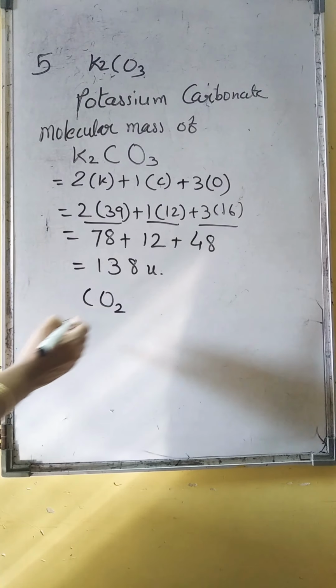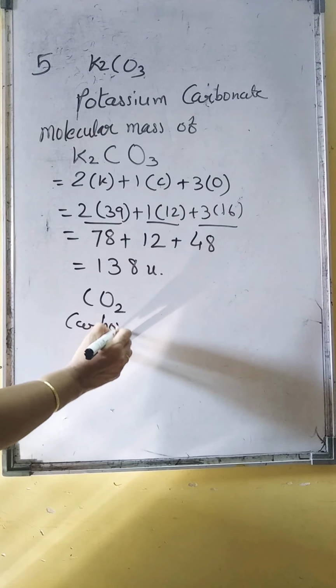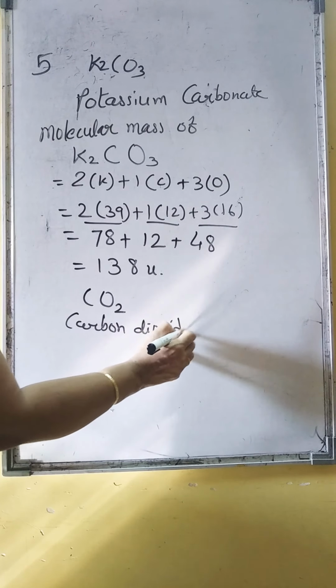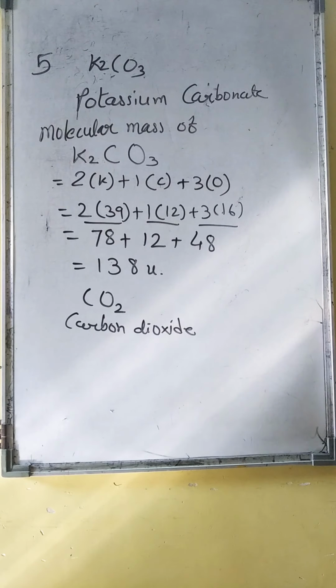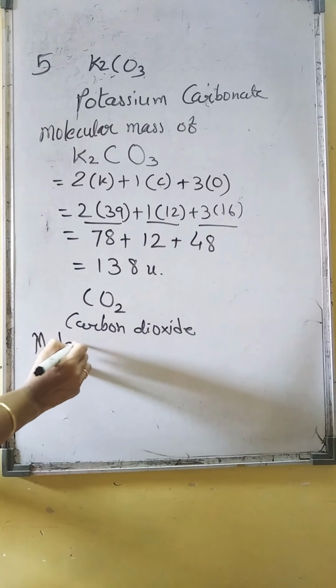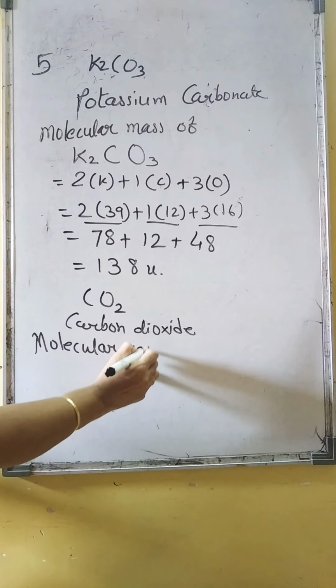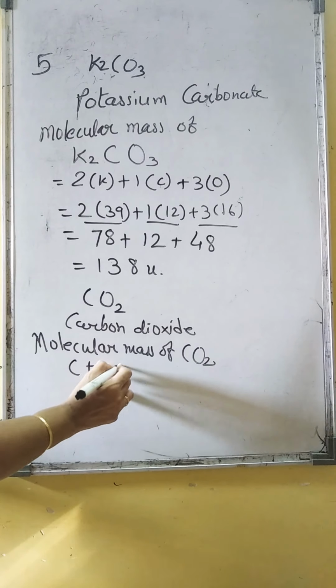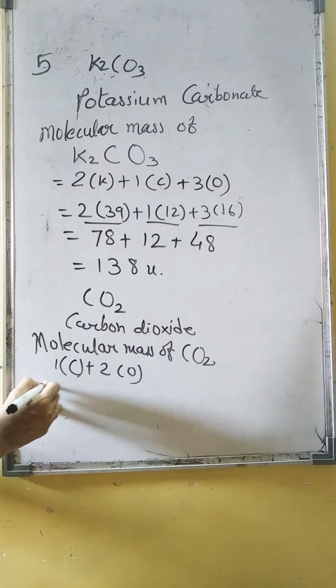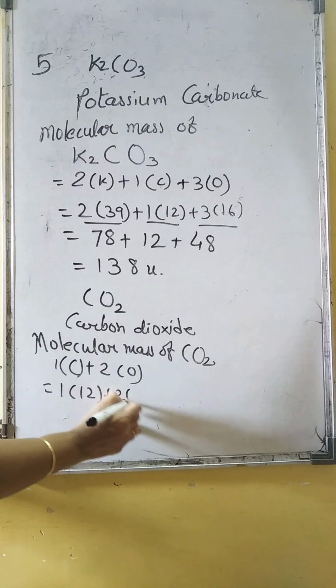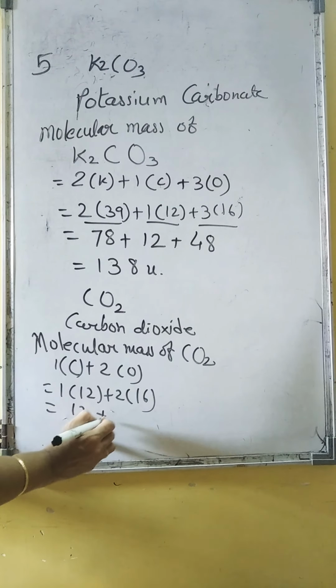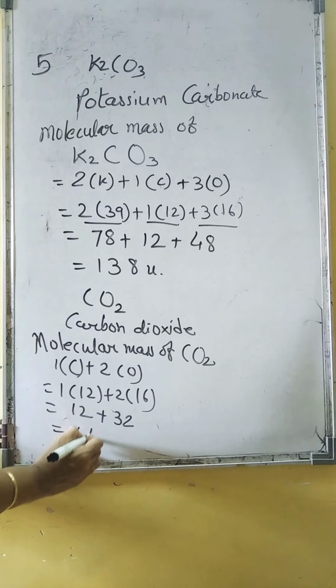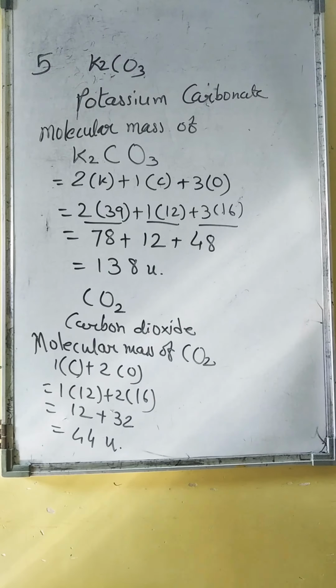Now carbon dioxide is there, next one. So now write fast, huh? And you don't try to do before me. So molecular mass of carbon dioxide, it's like what? 1 times C plus 2 times O. So 1 times 12 plus 2 times 16. So it is 12 plus 32. Comes out to be 44 Dalton. Right? It's very easy. Next one.